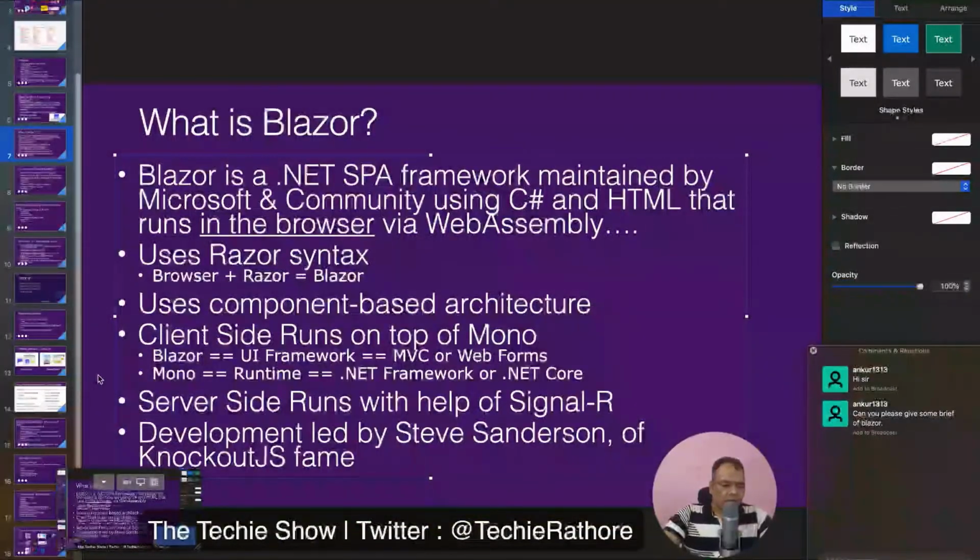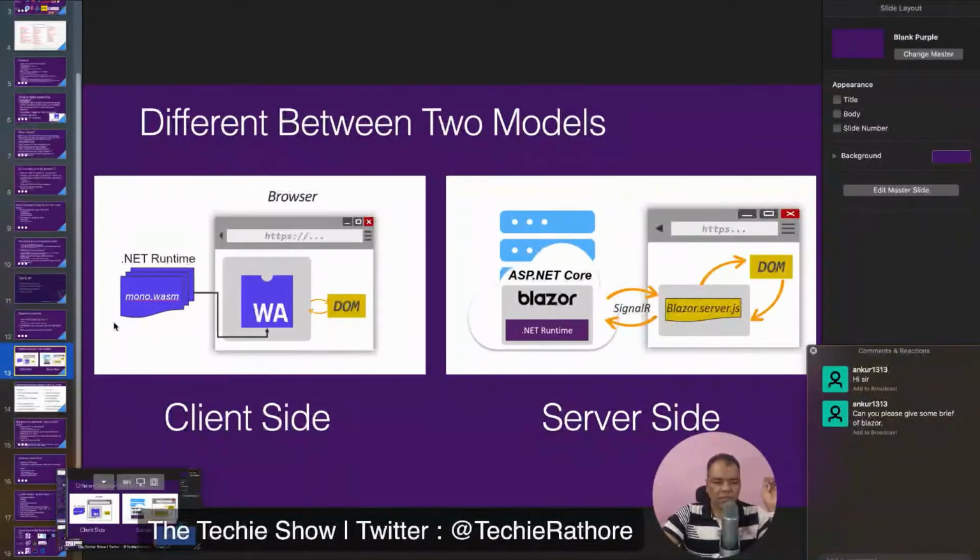When we talk about Blazor, there are two versions of Blazor. There are two deployment models of Blazor. Those of you who want to know how these two deployment models differ, you can visit the official documentation, as well as a blog written by me. Go on techirathor.com, and on that blog I have written Blazor project structure explained. If you read that, I have explained both the project structures currently available on Visual Studio 2019.